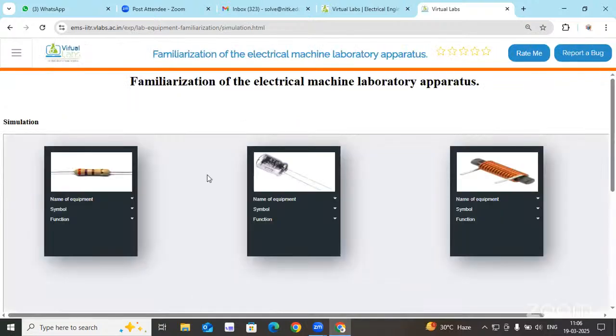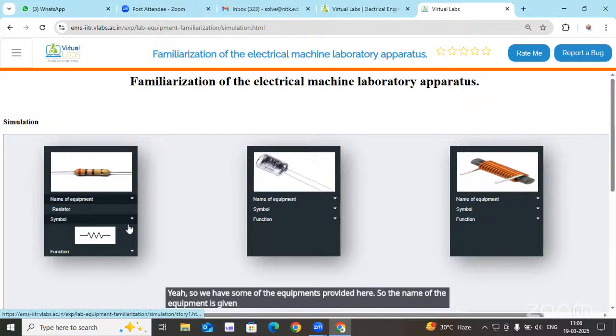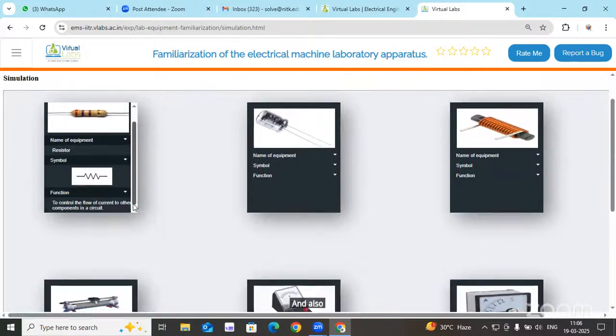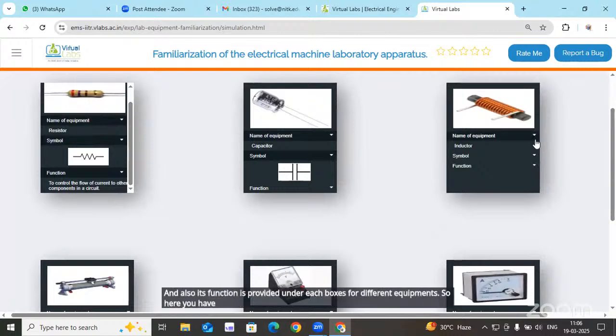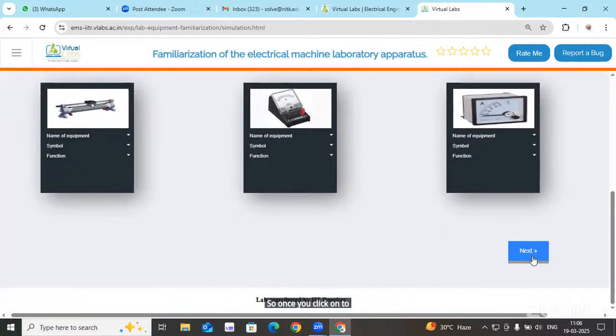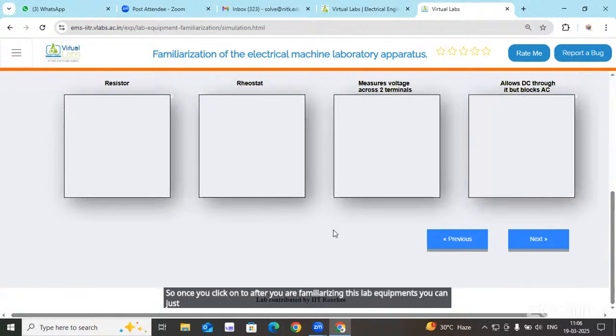We have some equipment provided here. The name of the equipment is given, the symbol of the resistor is provided, and its function is provided under each box for the different equipment. Here you have the capacitor, inductor, resistor, and so on. After you familiarize yourself with these lab equipments, you can move on to the next step,